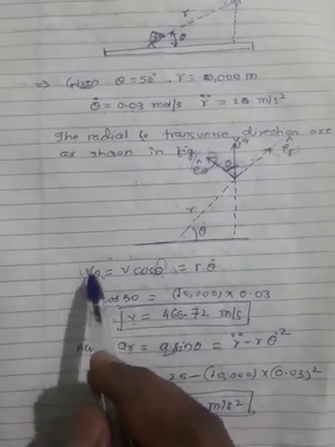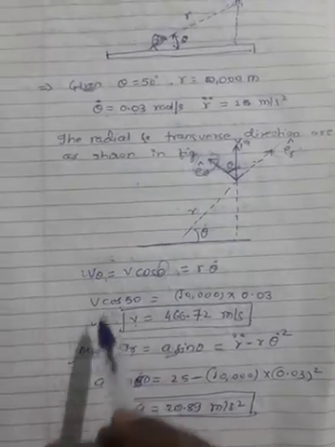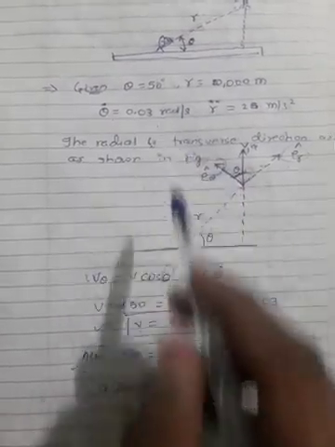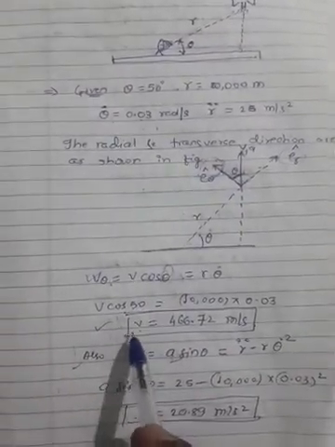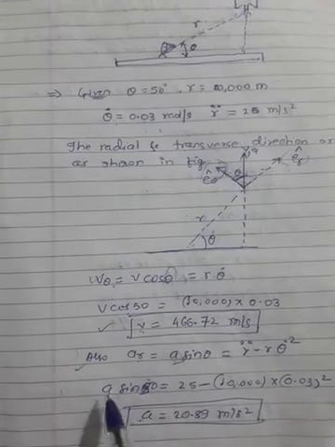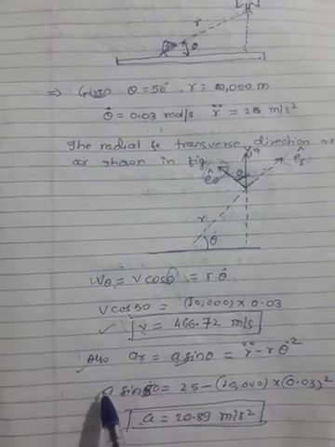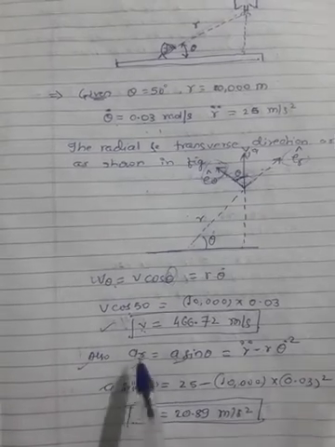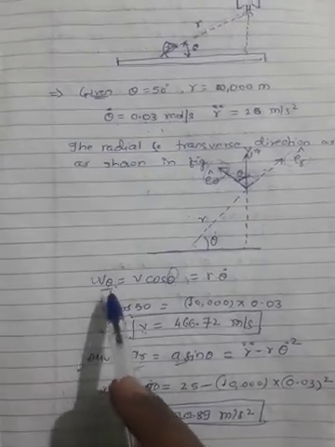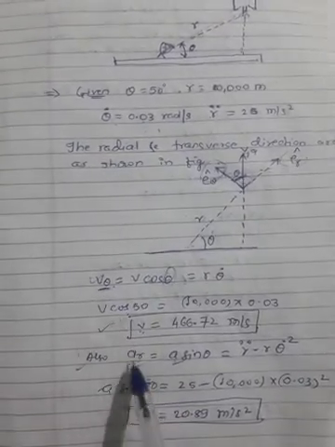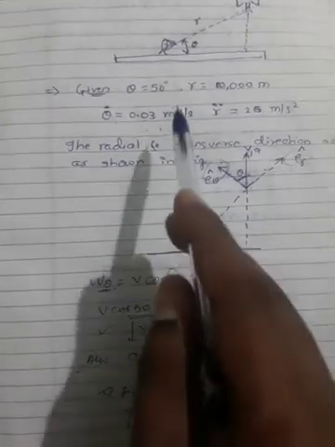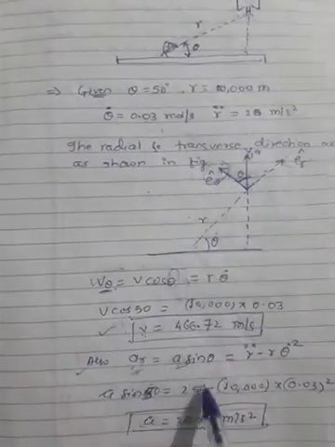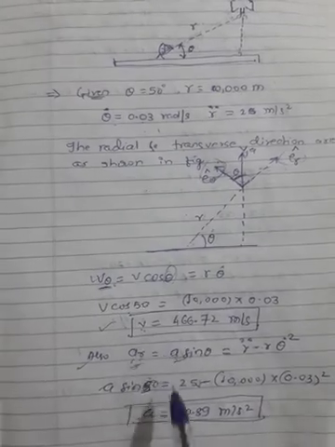I am using this formula depending on my given data, so I can directly apply this formula and directly calculate the velocity and acceleration. That's why I am calculating a_r and v theta. I have used the v theta and a_r formulas depending on the given data, so that I can directly put in these values and calculate the velocity and acceleration.